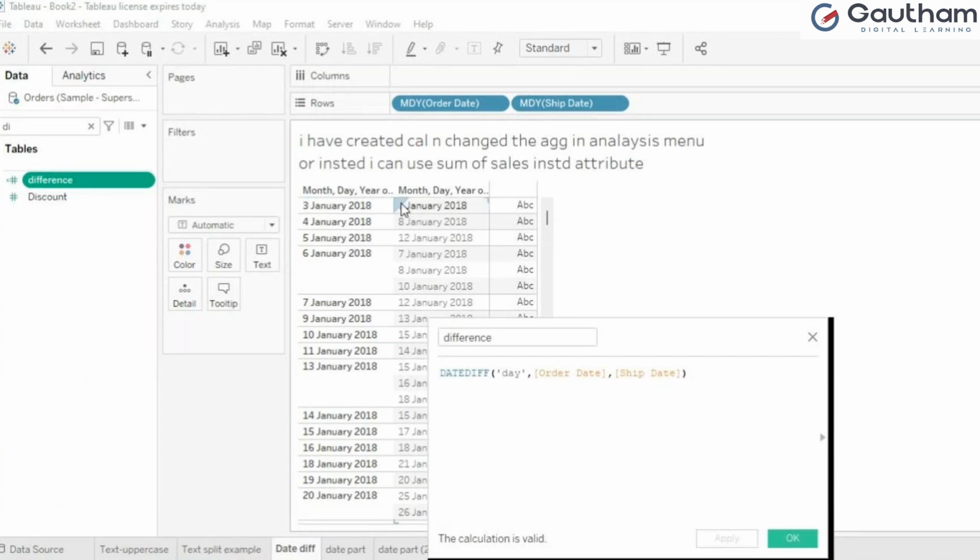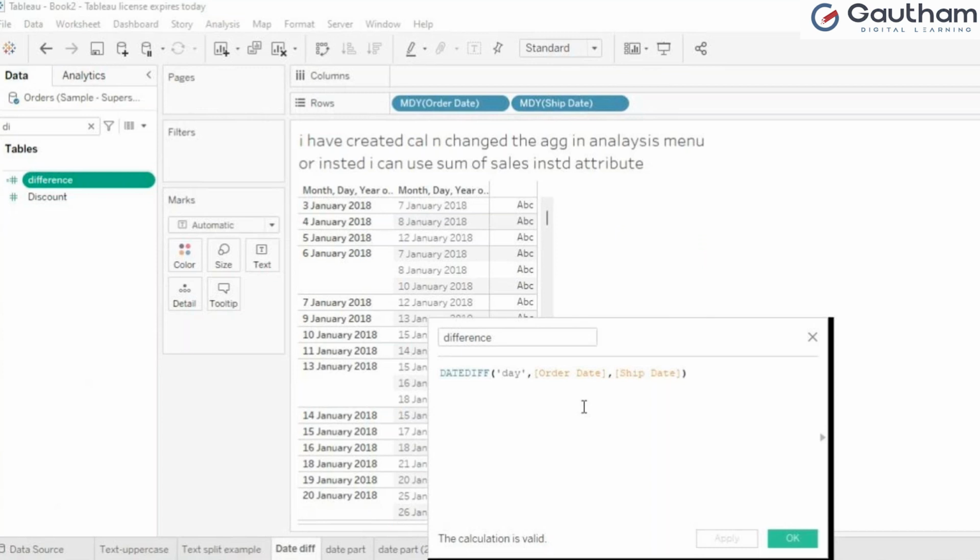Suppose this is easy, you can say 3 or 4 days. But imagine 3rd January is there, and the shipping date is, imagine, September 21st of 2018. Sometimes it may happen. Imagine this is not a shipping date also, but patient in date, patient out date. Some patients will be in a coma or ICU, right? In that case also you have to see how many days they are in the hospital, to make a bill or something. So in those cases it will be useful for live things. I just showed you how this can be useful.